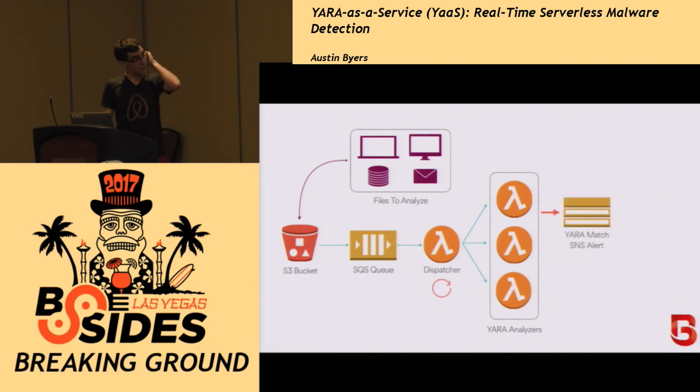And then once things have been analyzed, if there's a match, it will send an alert to SNS, which is Amazon's notification service. And you, the organization, can decide where you want this to go. You can set up email subscriptions or SMS or what have you. We use StreamAlert for this because StreamAlert already has support for all of the different outputs you might want, Slack and PagerDuty and things like that. So the organization just defines the input, what files you want to analyze, and the output, where do you want the alerts to go, and it will take care of the rest.